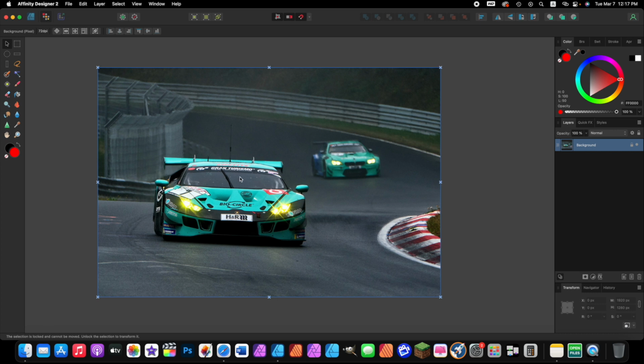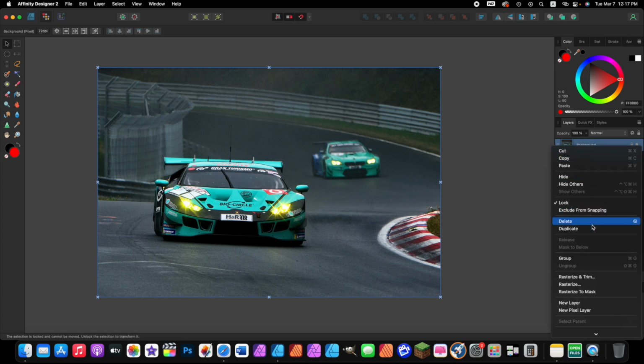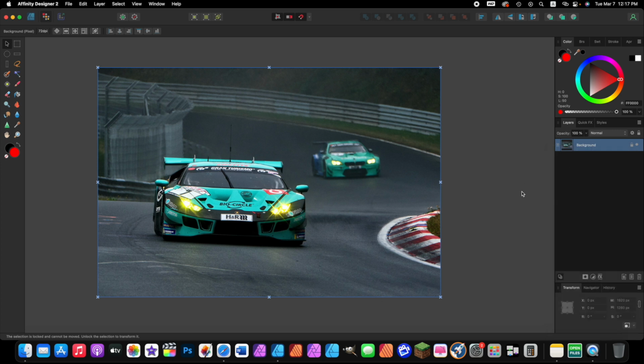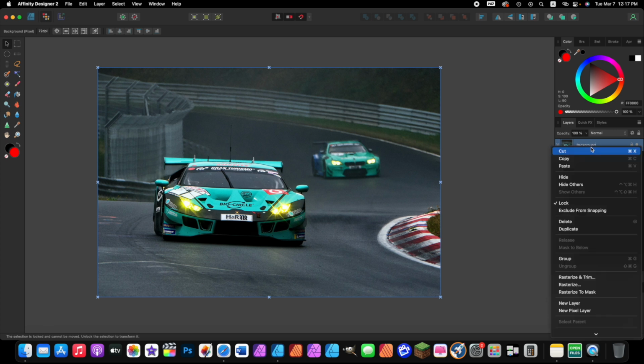Okay, so let's come up here to the layers panel and right click and come down here and press duplicate. If you don't have a right click on your mouse, then you might have an Apple mouse and you would press the control button and then click on the layer, and then this pop-out window would pop up